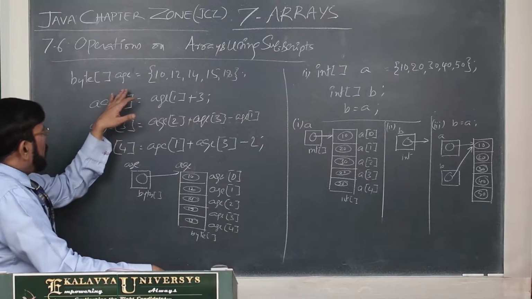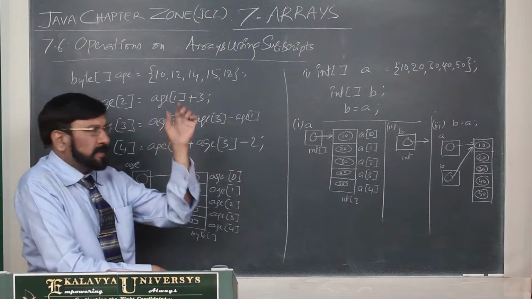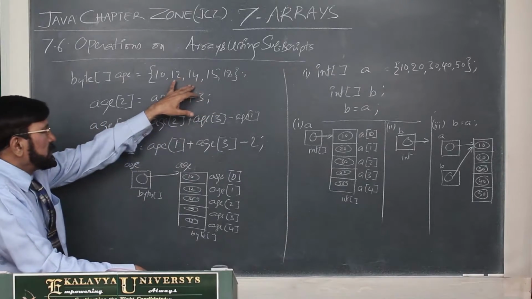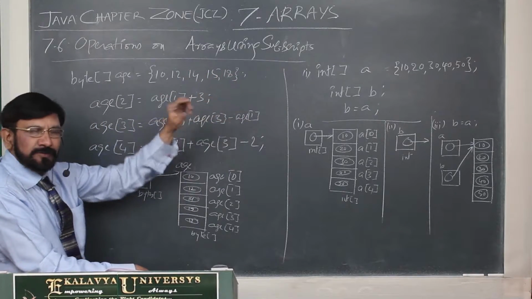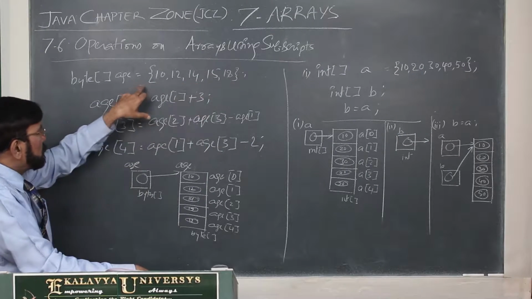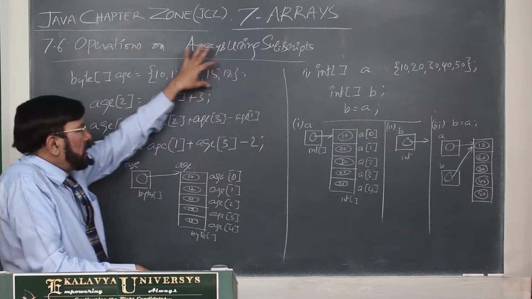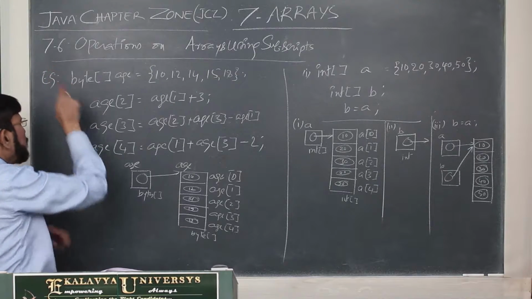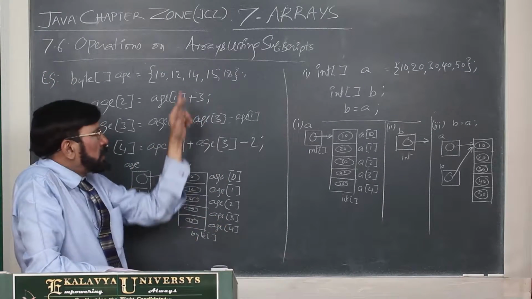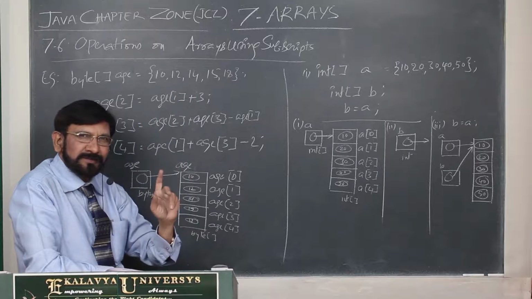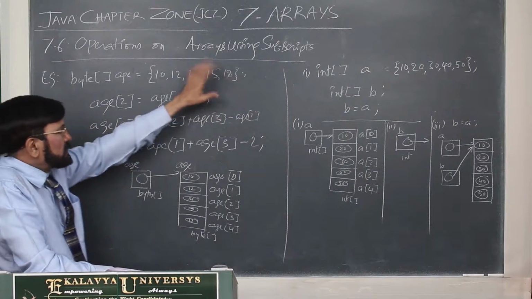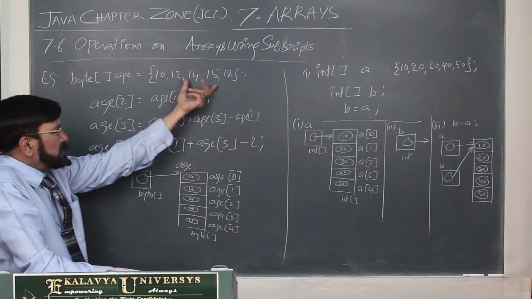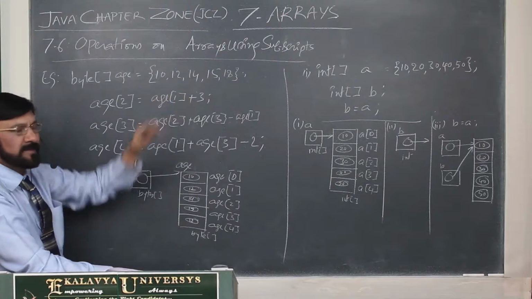For this purpose, for the example's sake, I am using array initializers because it's a simple definition. If you use another definition using new, there is no problem. For the sake of simplicity, I am using this example. That's why you shouldn't feel that these operations are applicable only to array initializers. They are applicable to other declarations also. Now you see byte age, and I initialize it with 5 values like this.